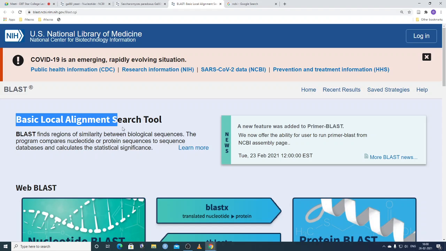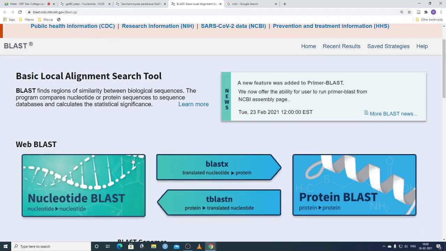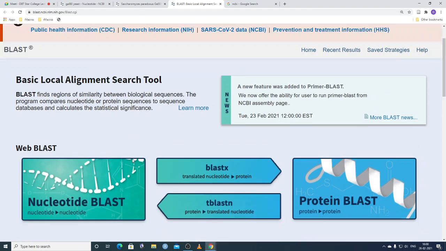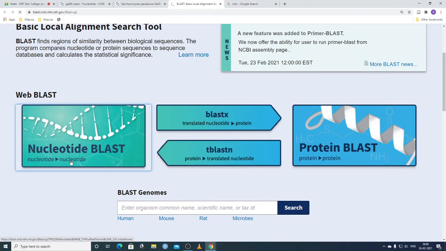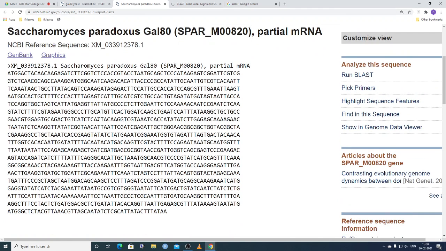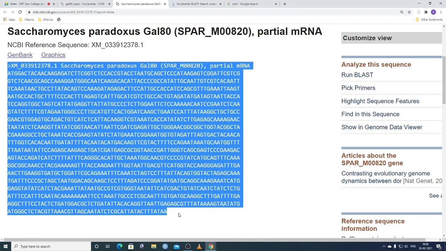So this is the Basic Local Alignment Search Tool. Okay, this is the web page, and we want to do the nucleotide BLAST. So let us click nucleotide BLAST. I have clicked nucleotide BLAST, and this is our sequence. For example, this sequence,